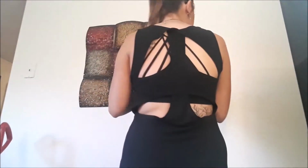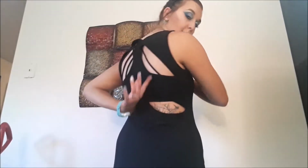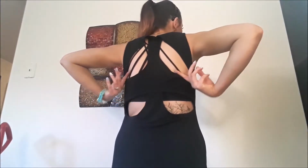And then here's a better view of the back so you guys can see. Now, like I said, this one is no longer available, but there is another maxi dress on their site that I will link down below that is very similar to this. The only difference is that the back looks exactly like this sports bra that I have on, which is also from Fabletics. So if you are interested in this one and it's still not available, then you could go ahead and pick that one up because the back is just another cute open back design. So it's similar enough that I think you could totally get away with it. So let's move on